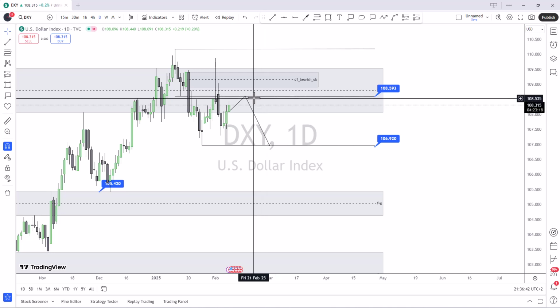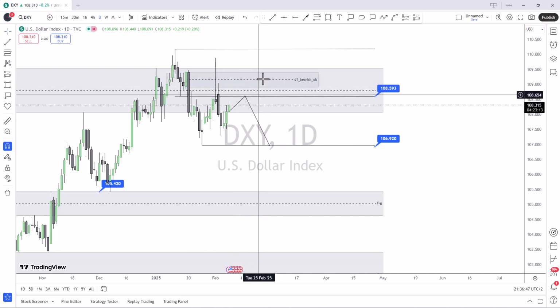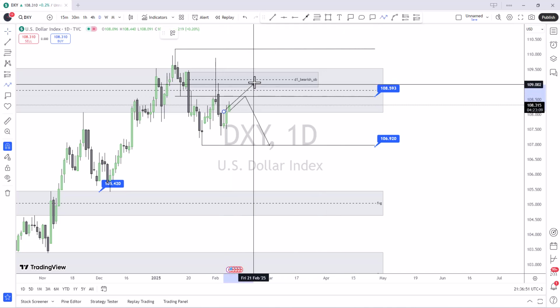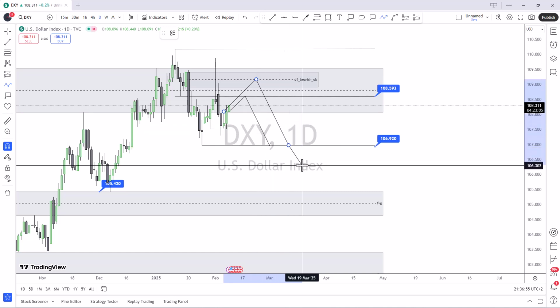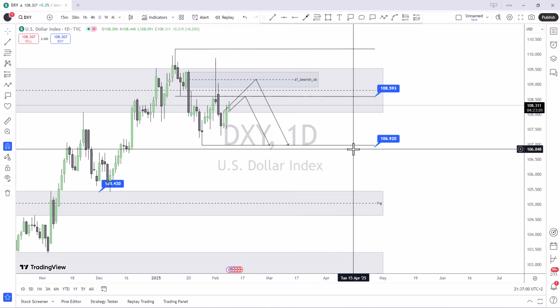There's times when if price does keep pushing to the upside, then I'm looking for this level here as a potential level for price to find resistance before we make a run for 106.920. So 106.920 is my weekly target, and this is all dependent on how Powell is going to testify,